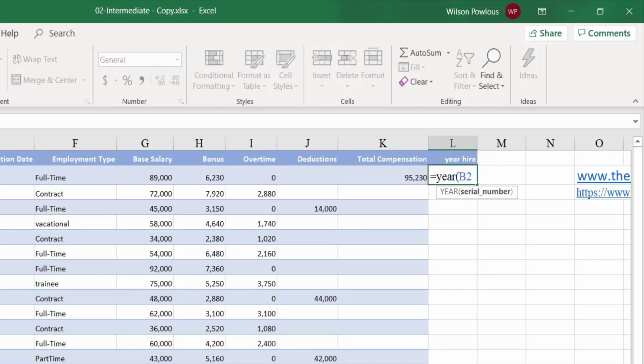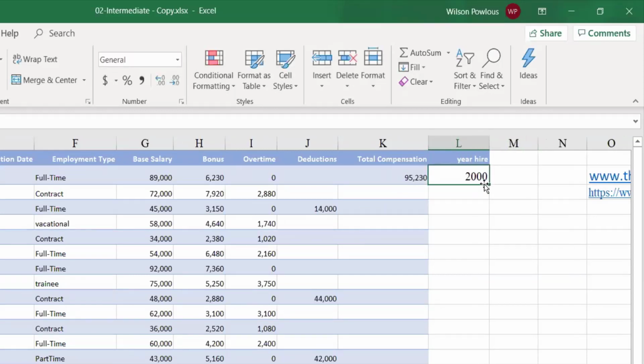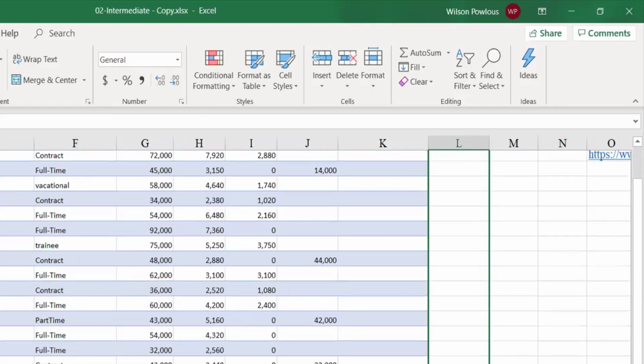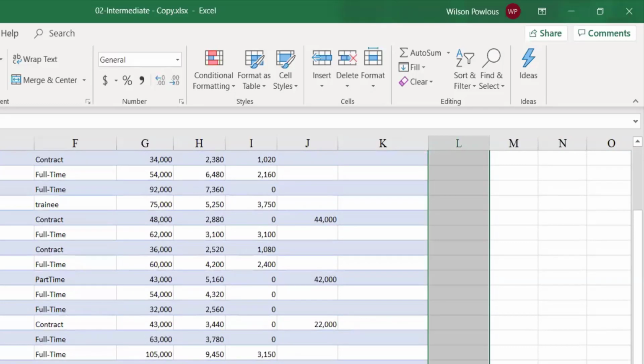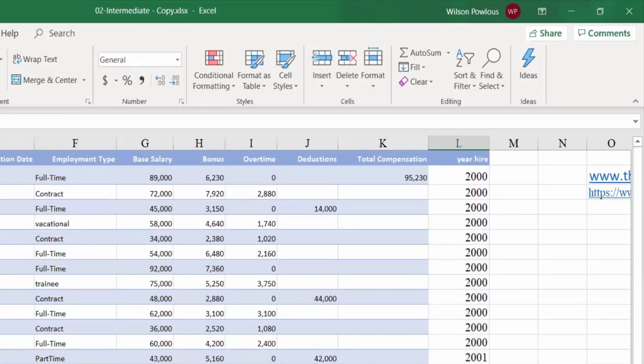Either you can close the bracket or just press enter, and it will give the formula. So this is the year of employment. You can copy it. So this is one more formula, and this one is 2001 and all the others are 2000.